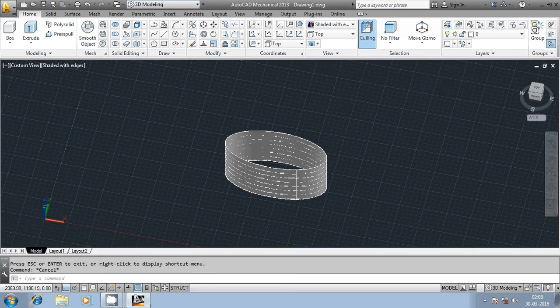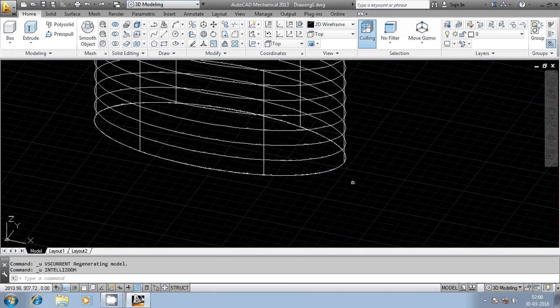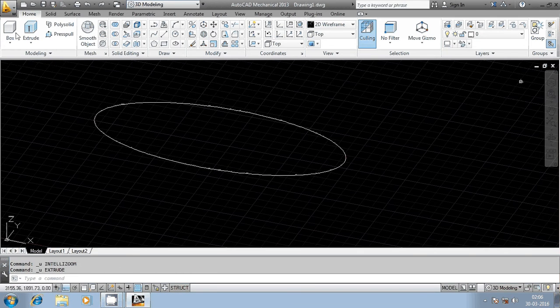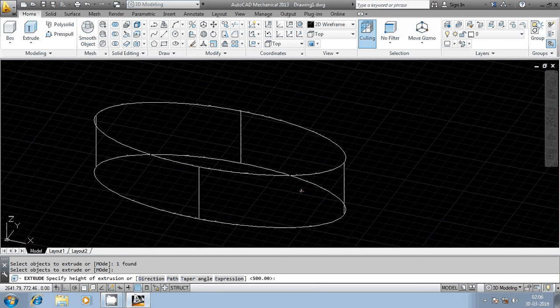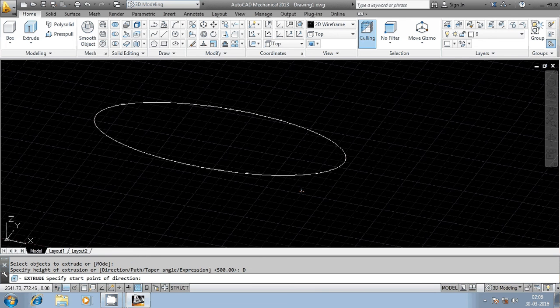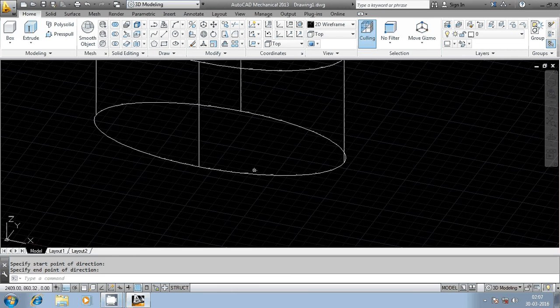You can try out the other options available in AutoCAD for generation of 3D. So select extrude, select the entity to be extruded. It is asking for the direction, the starting point, then the ending point.